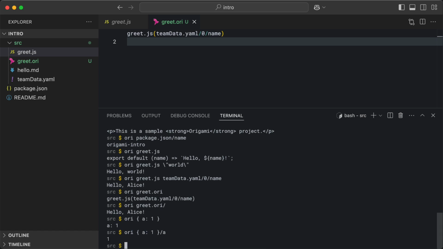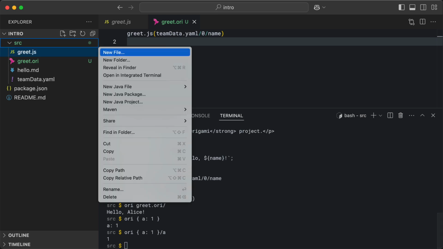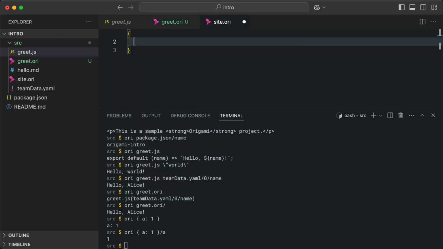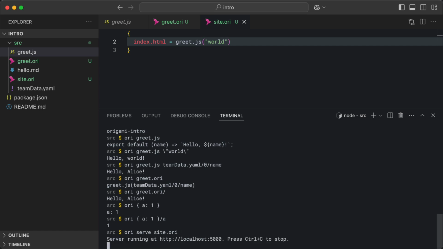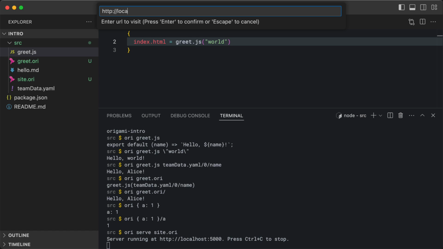You can define a website with an Origami file that creates an object with the structure you want. This little site has a single page called index.html. We'll define the value of that index page by calling a function to say hello. And we can serve the tree defined by this file and then navigate to that location in a browser to